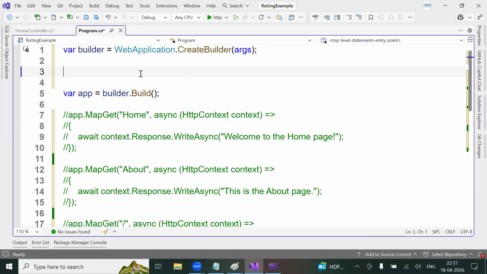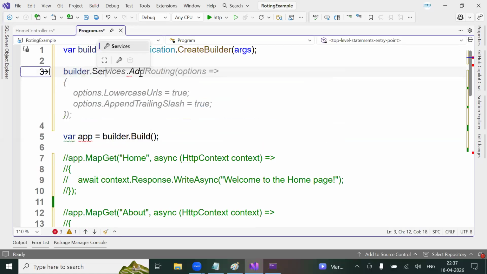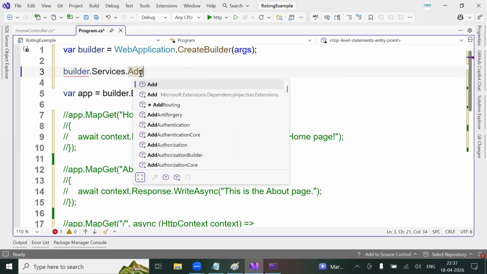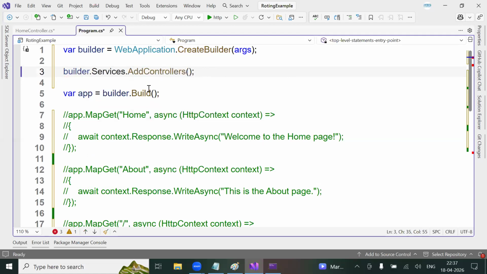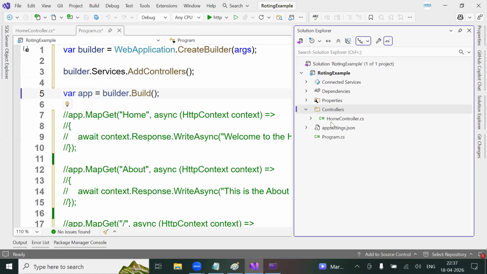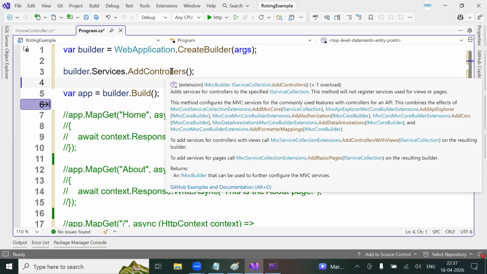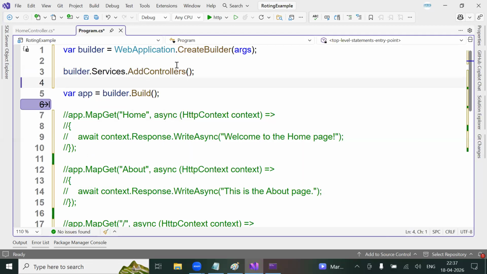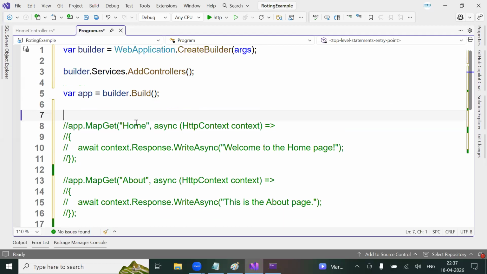Yes. The same is applied here. builder.Services.AddControllers. You see, there is a method. It is getting or not? AddControllers. What will happen in this controller class? What are all the controller classes there? The AddControllers method will automatically pick all the controllers. It will try to create an object and hold it in the service. So that here I'm going to use